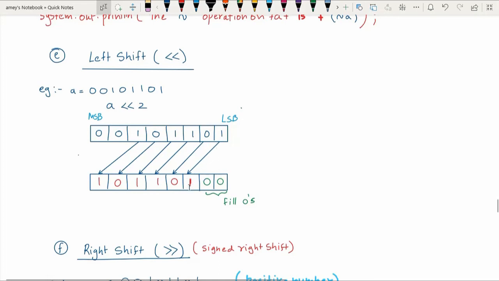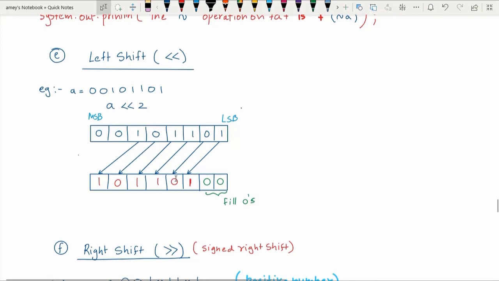So it will skip this position and the second position, and it will be shifted to the third position. This is basically called left shift: shifting the individual bits towards the left by x positions. In this case, x is 2. So 1, we are shifting 2 bits to the left. 0 also, we are going to shift it 2 bits to the left, 1 and 2.